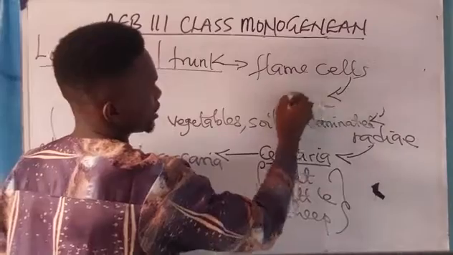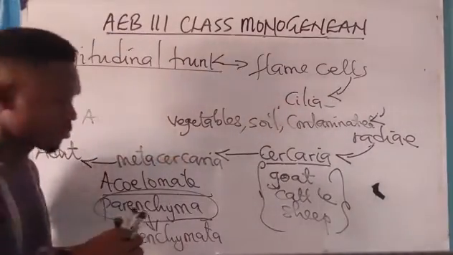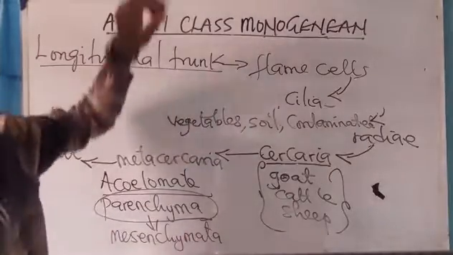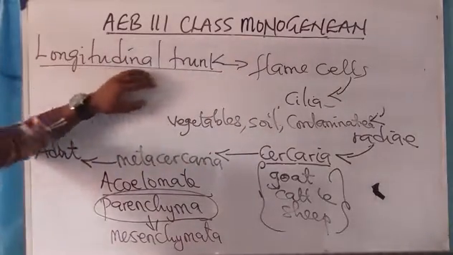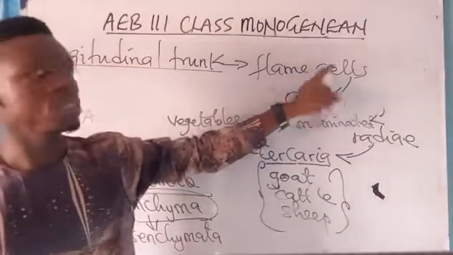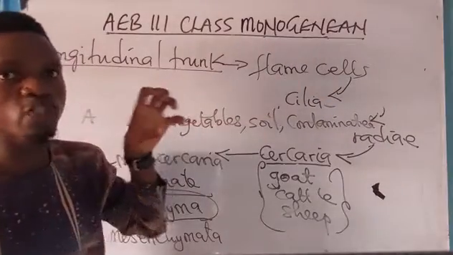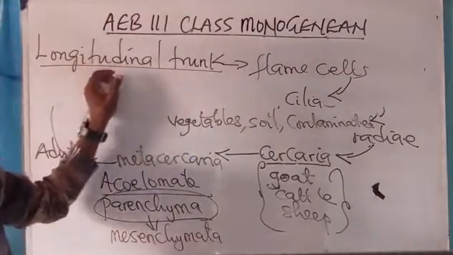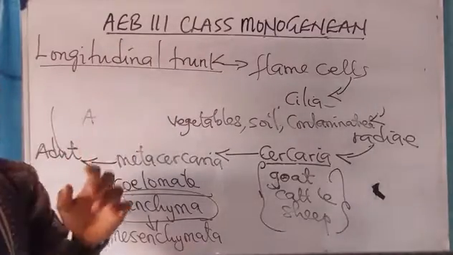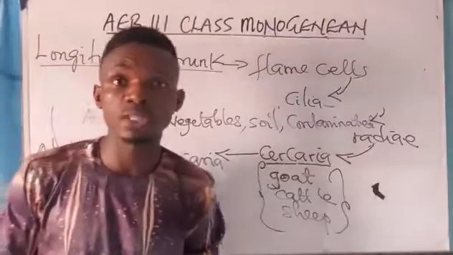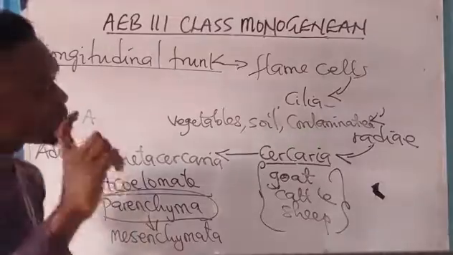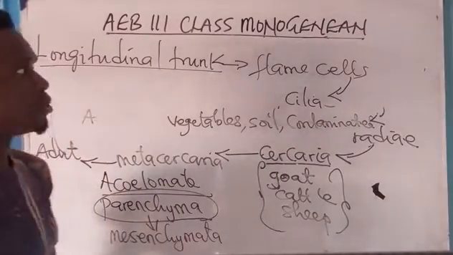Now, this flame cell is made up of what? Cilia. Wastes are excreted. At the branched end of this tubule or trunk, you have a lot of flame cells. These flame cells collect waste products and send them back to this longitudinal trunk. Now this longitudinal tubule opens exteriorly, and the waste product is what? Excreted. And I told you that they have an incomplete digestive system, so the waste product